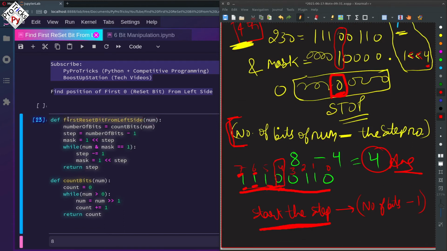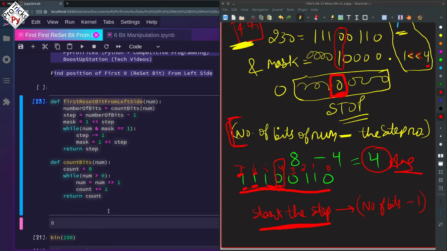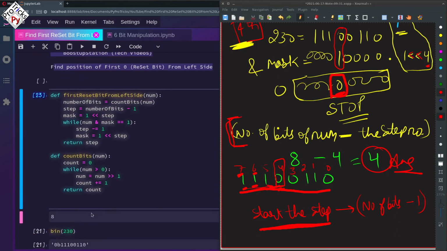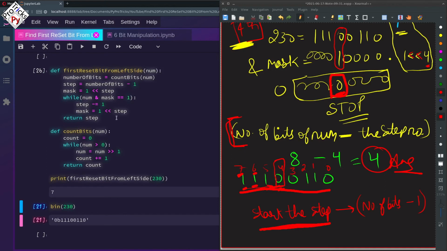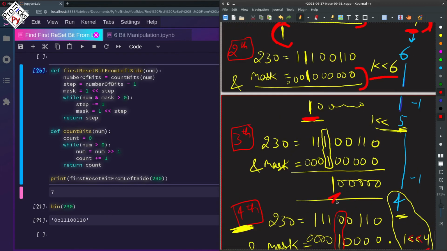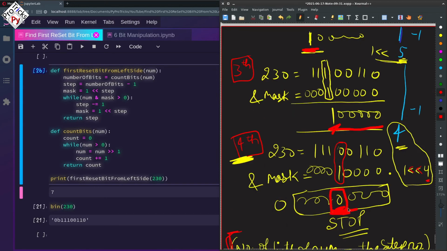Let us try executing this function now on the value 230 in the first attempt. First reset bit from left side, and we pass 230 to it. So we made a mistake here. It must be greater than 0, because all of the numbers that are coming above this step are greater than 0.